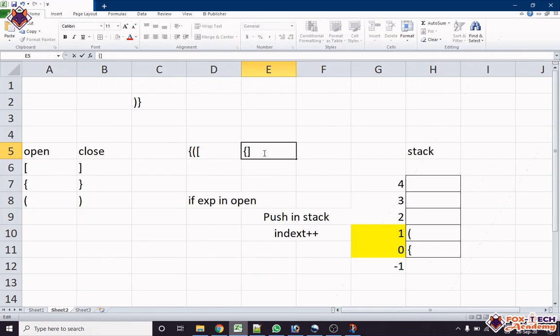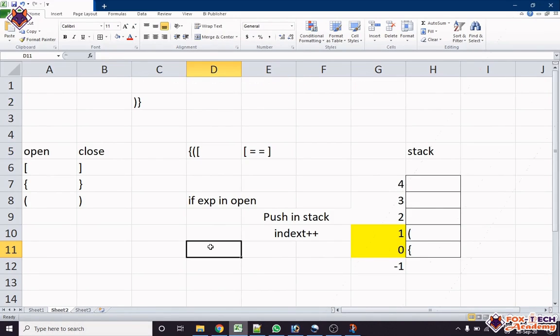So here we check: if our current expression character is equal to the stack's last character, then it means we will think that it is true.